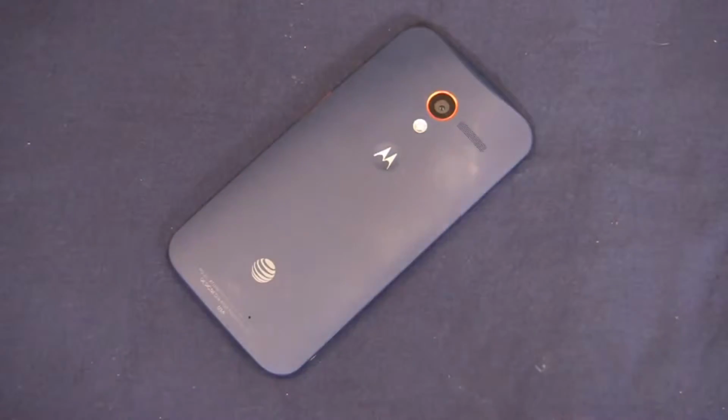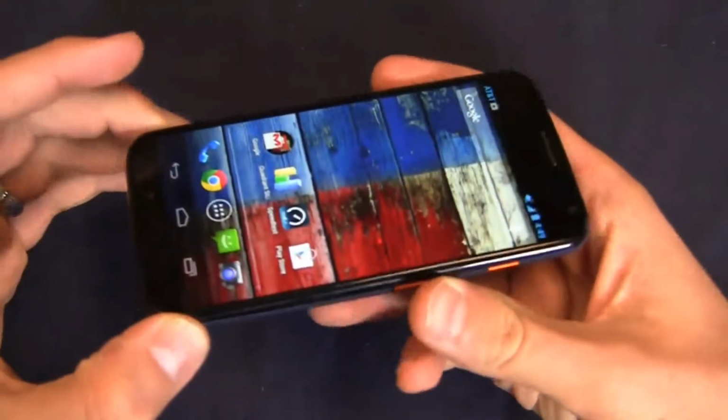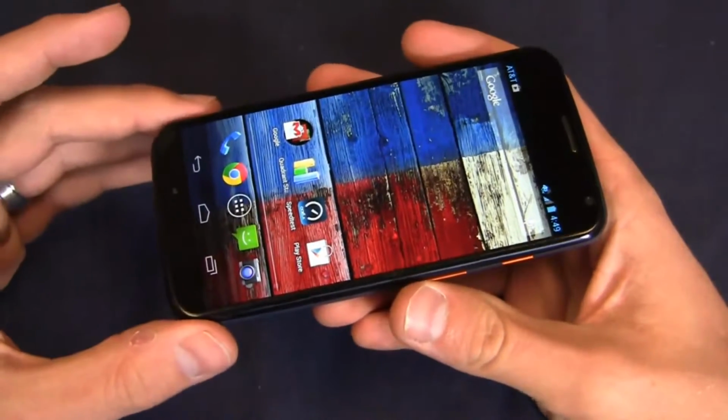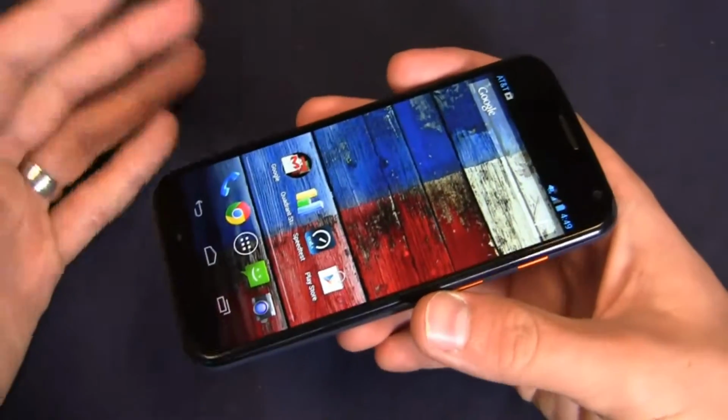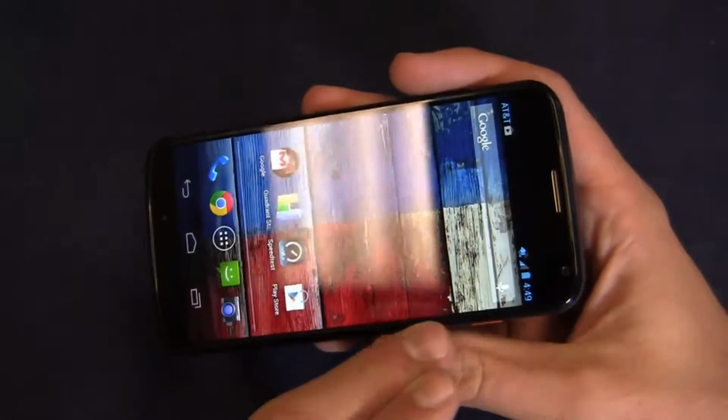The Moto X has some great features all around, which we'll talk about a little bit in this video, but 2 months in, I'll show you what the device itself looks like. A couple of personal observations here. After carrying this device as part of a 30-day challenge and then using it as a backup device from time to time, keeping it in my briefcase, etc., I've noticed that it does tend to scratch up here right around